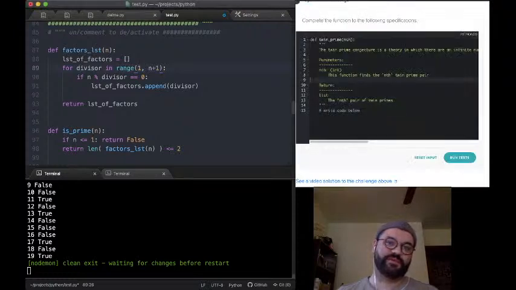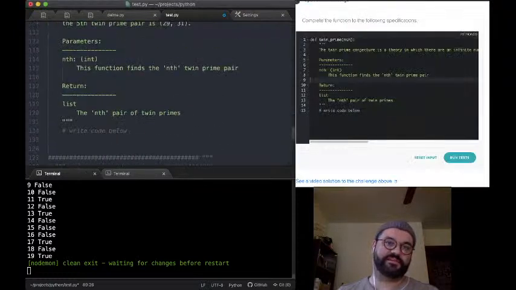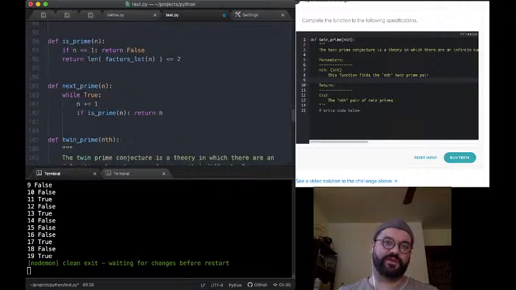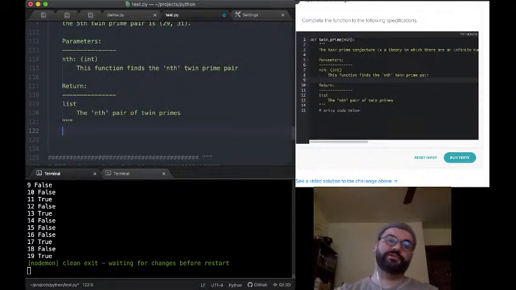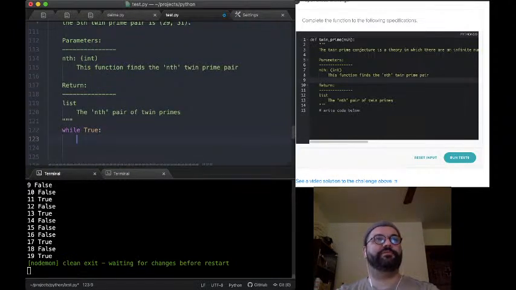So that's next prime. So we got factors list, we got is prime, we got next prime. Okay. Now I want to do twin prime. This is a tricky one. So I'm just going to do while true again. I think that'll be fine. And then we'll say